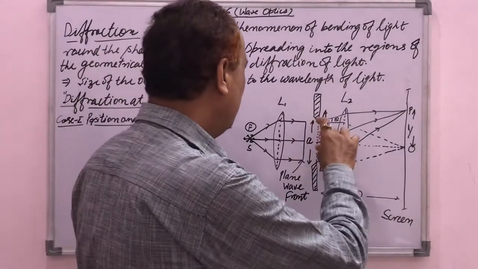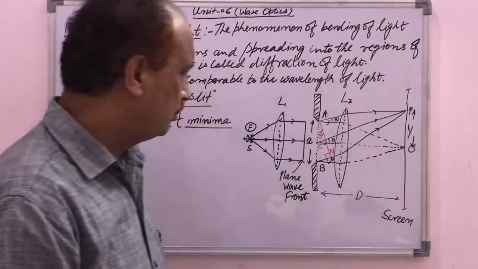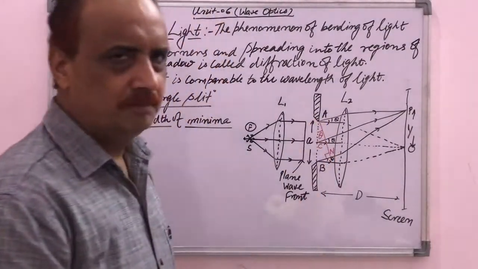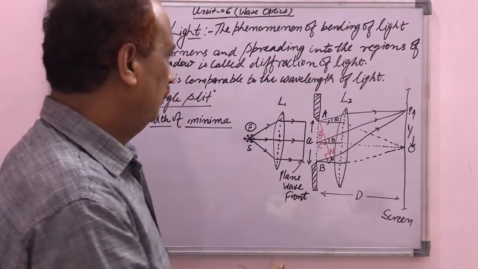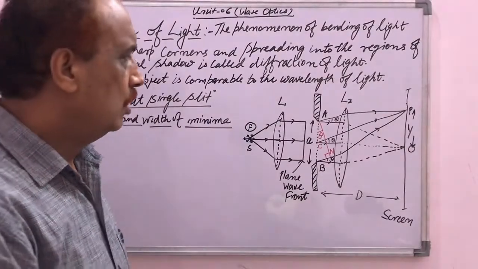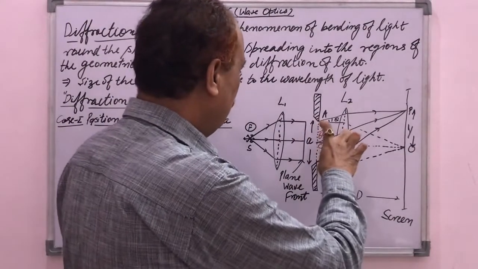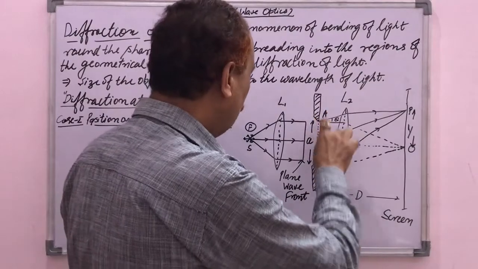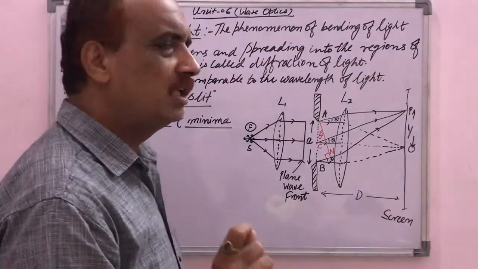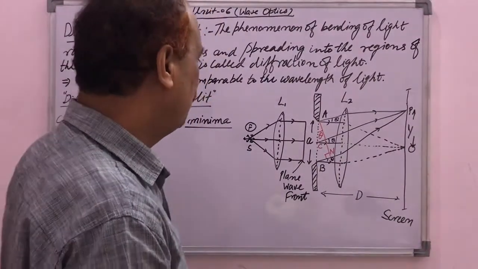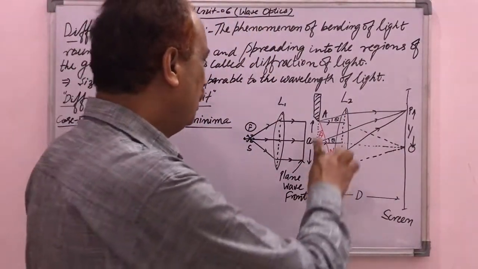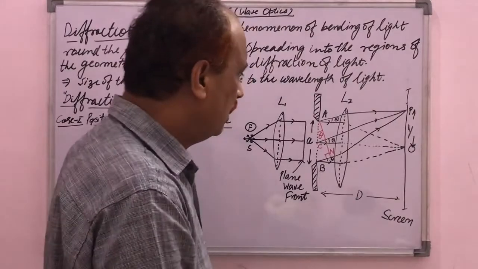So when the light is incident in the form of a plane wavefront on the narrow slit, it bends at the sharp corners of that slit, and the light spreads into the geometrical shadow region. The light passing through the narrow slit AB produces secondary wavelets according to Huygens principle, and these secondary wavelets are incident on the lens L2, and the wavelets that are parallel to each other